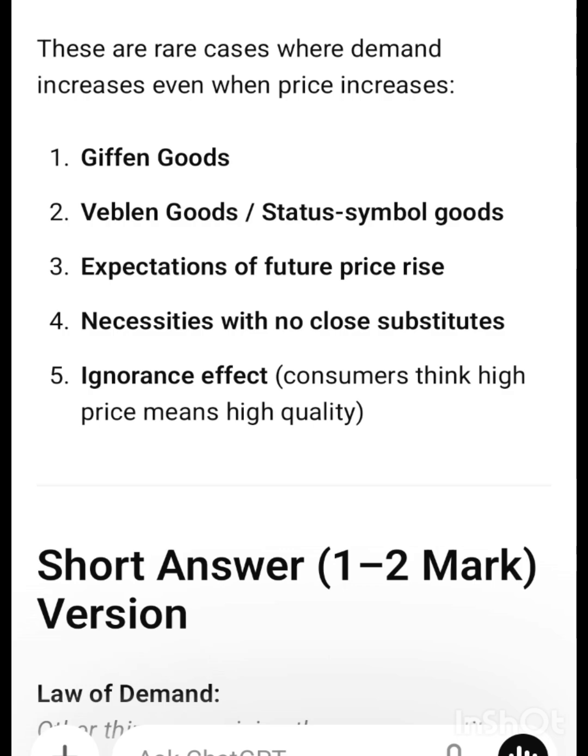That's all. So when related to these types of things, whenever the price increases, the demand also increases. So finally, when we